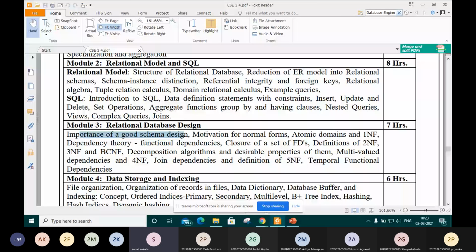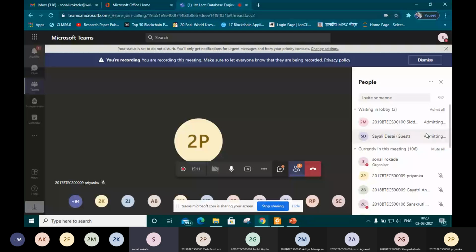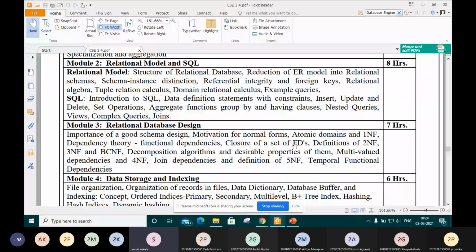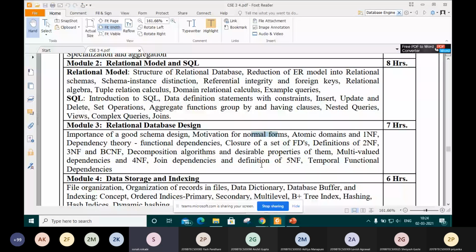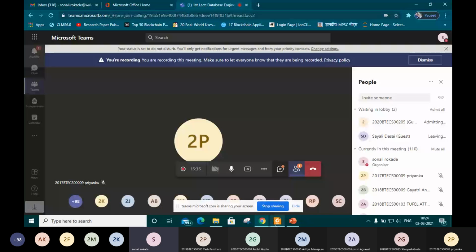We also see the motivation for normal forms, then atomic domain. The study of these normal forms is nothing but normalization. Another definition: normalization is the process of removing redundancy from our database.